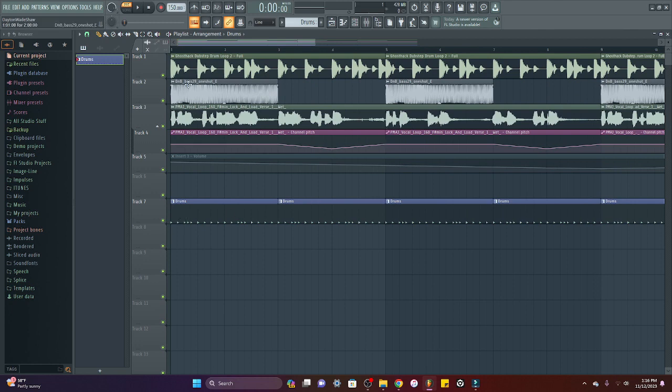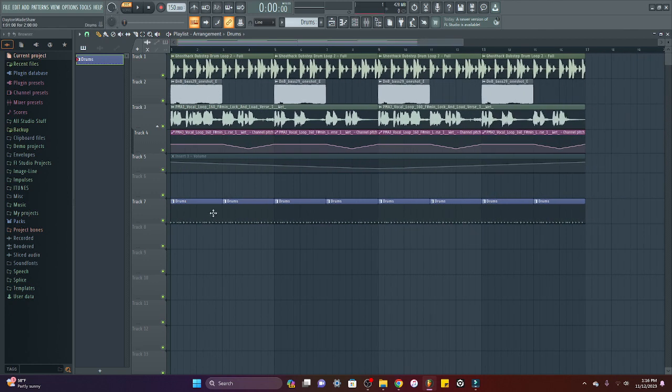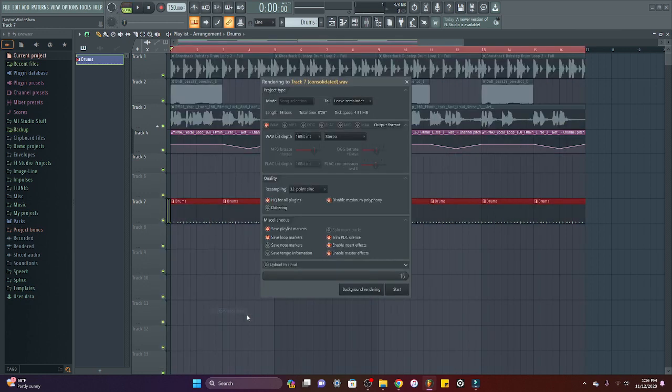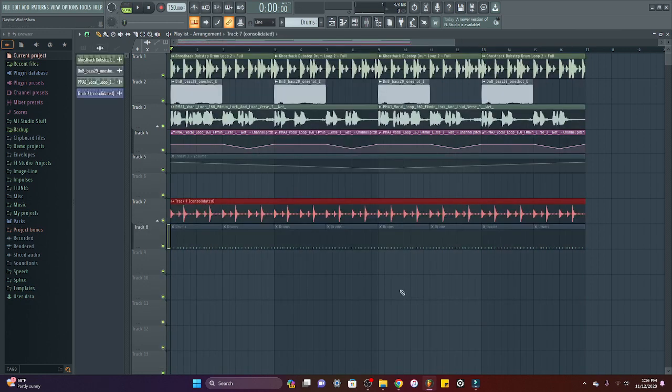So one way to change my MIDI to a WAV file is if you right click this and hit consolidate tracks from track 7, start of track 7. So I can hit that, it will render just track 7, and now I have my WAV file of my MIDI. I'm going to mute that,